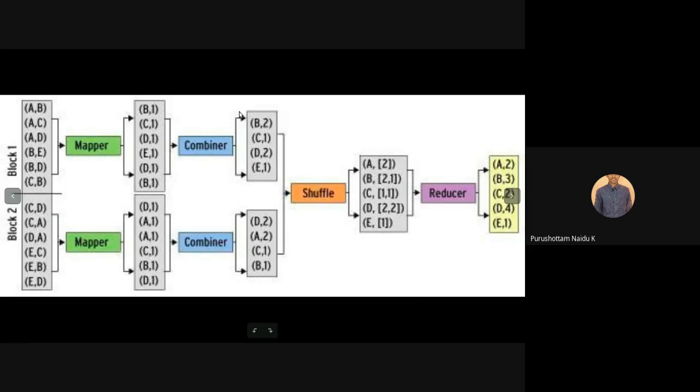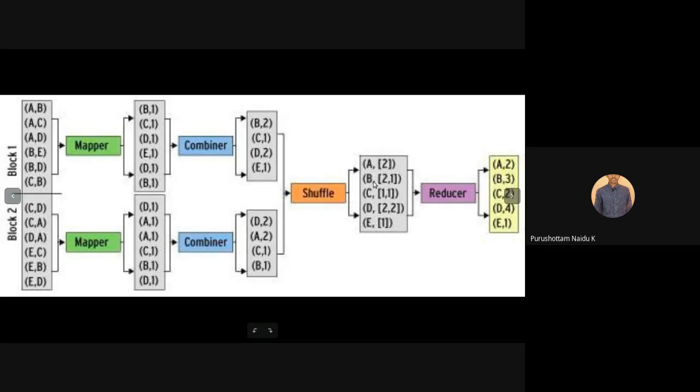If you're not using the combiner, that means we are getting 1, 1 from this mapper. So first A, comma, 1 and again A, comma, 1. That is A, comma, 1, comma, 1. We're getting it 2 times from the network. Clear?